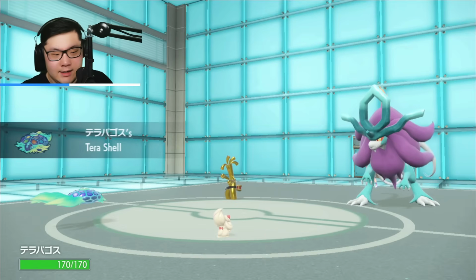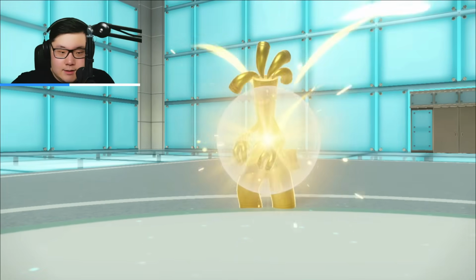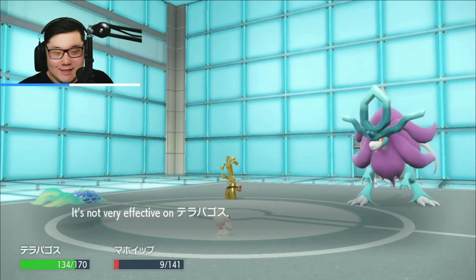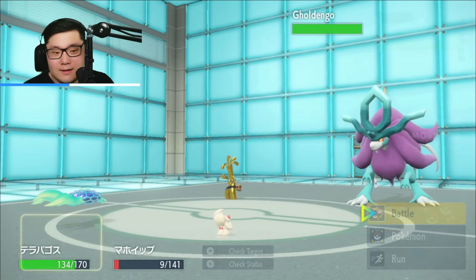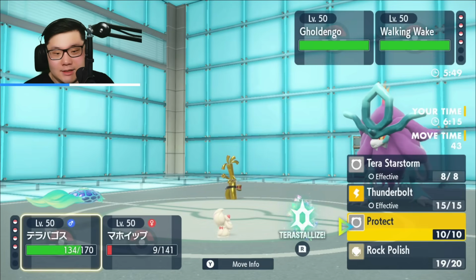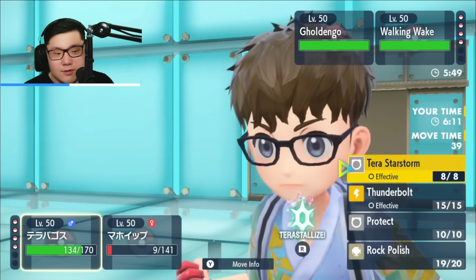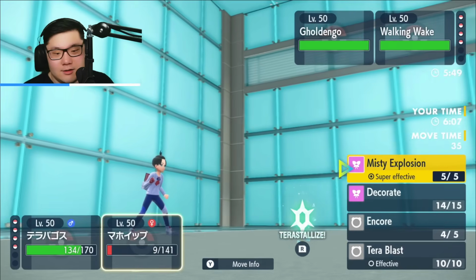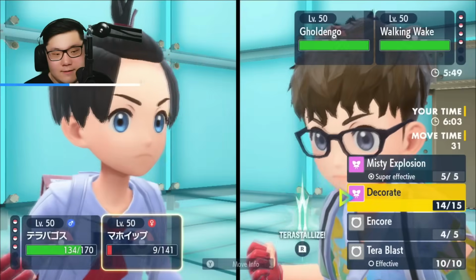Make It Rain, so Tera Shell, and then I also have the Alcremie, which actually survives the hit, which is actually kind of huge. I'll take it. Pretty sure that's not Specs damage. Terra Starstorm, I think, probably just KOs the Wake. I kind of like the idea of going for the Terra Starstorm in the Wake, and I like the idea of just decorating my